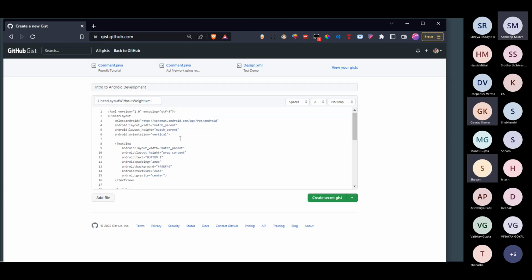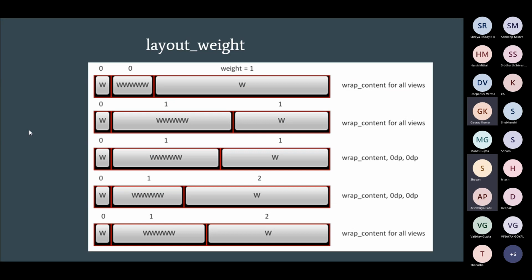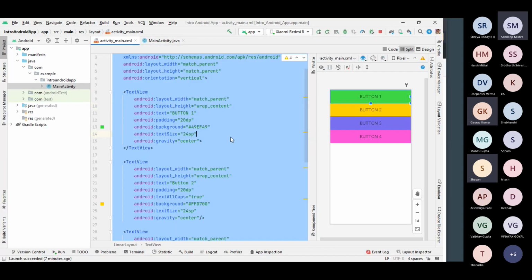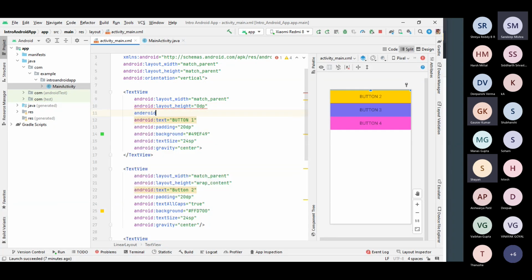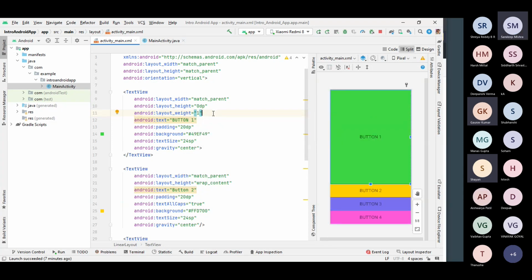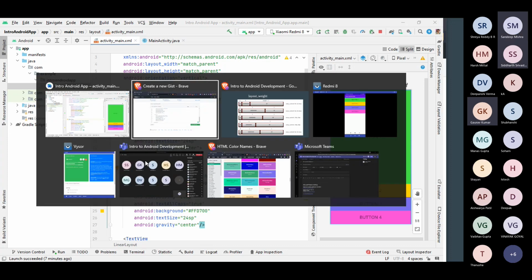Yeah. So yes, I have done without this. Okay. So next, I am again going to give this height as 0 dp. So after doing the height as 0 dp, my button one is invisible, and then I will give it a weight, Android colon layout weight, as 1. So it will try to take as much weight as it can. It will try to take 100% of weight, but there are other views for button 2 and